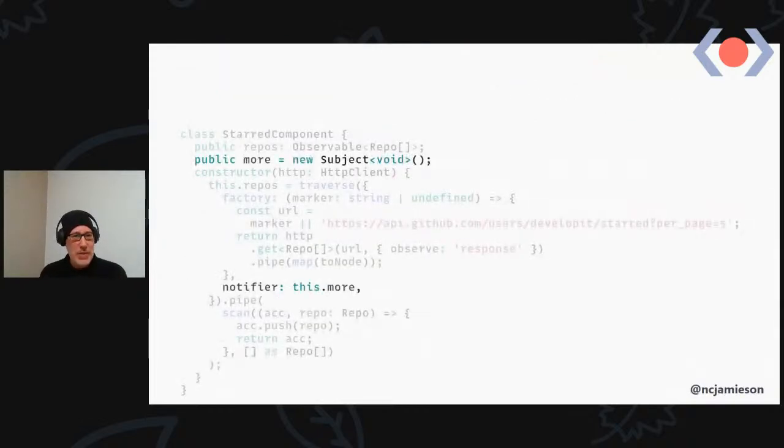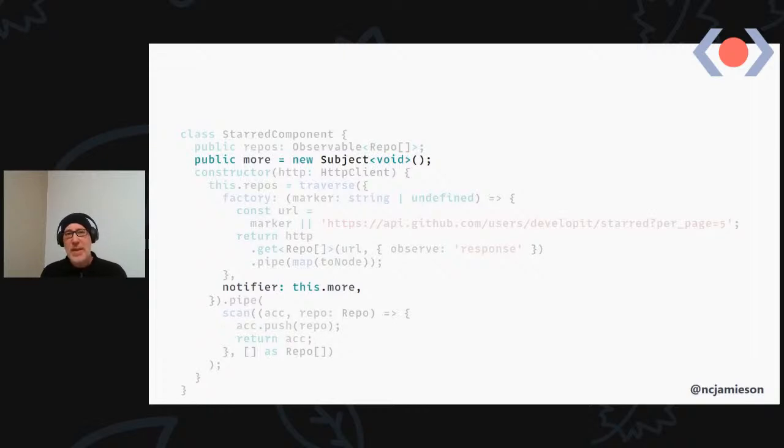So if we come back to the components, we also pass in our subject as the notifier. What this lets us do is, each time the user presses the button, we fire off a notification from the subject. And that is going to tell the traverse implementation that it needs to move to the next marker. So we can control how the traverse implementation is going to traverse the graph. Every time we tick over the notifier, it's going to move on to the next, traverse an edge, go to the next node, get the page,